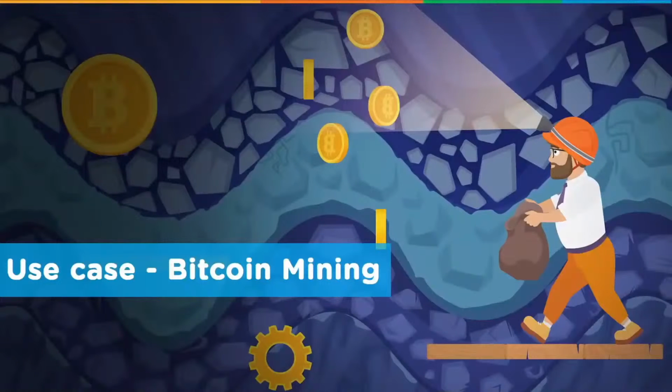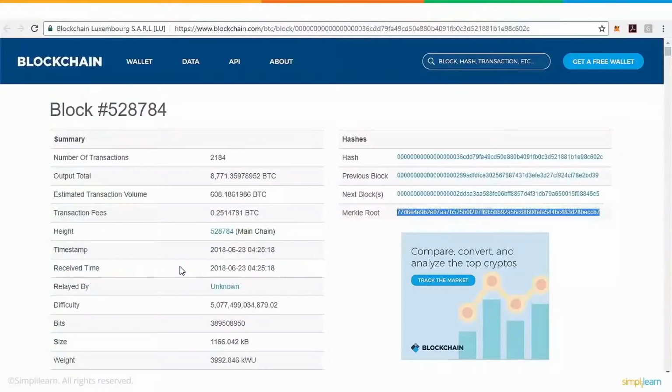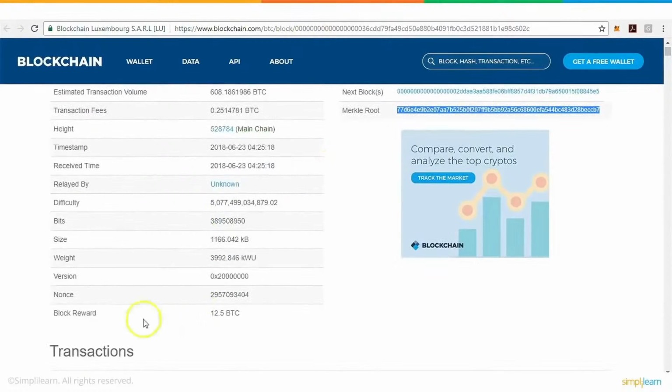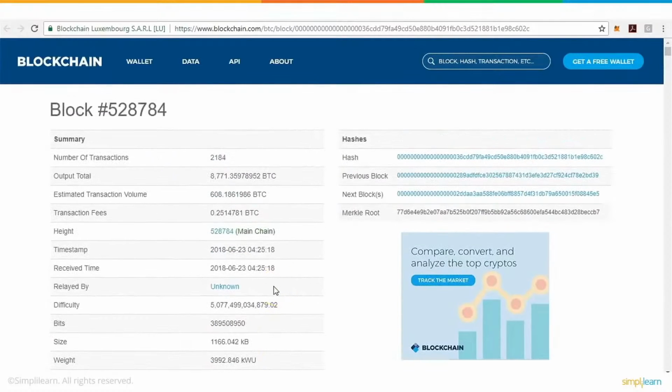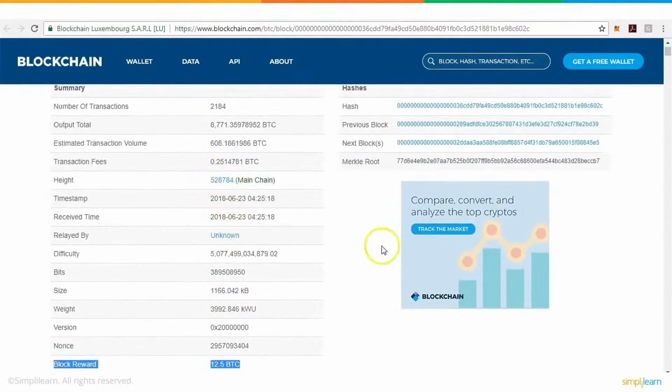Now let's take a look at a demo on how you can see what the Bitcoin reward is. This is an actual block of the Bitcoin network. As you can see, this is a block and this is the block reward, 12.5 Bitcoin. So this was a block which was mined. This is the block number and